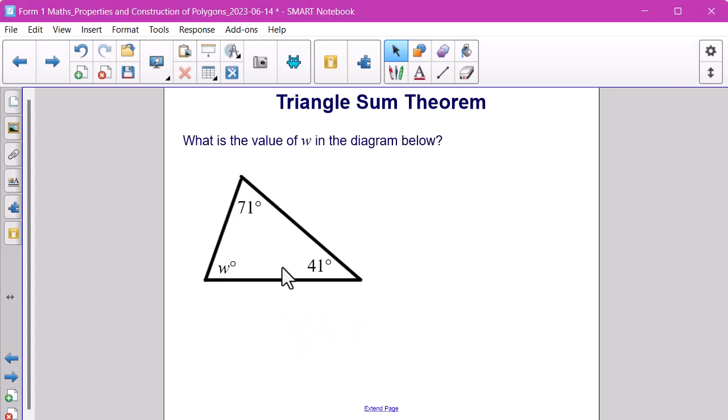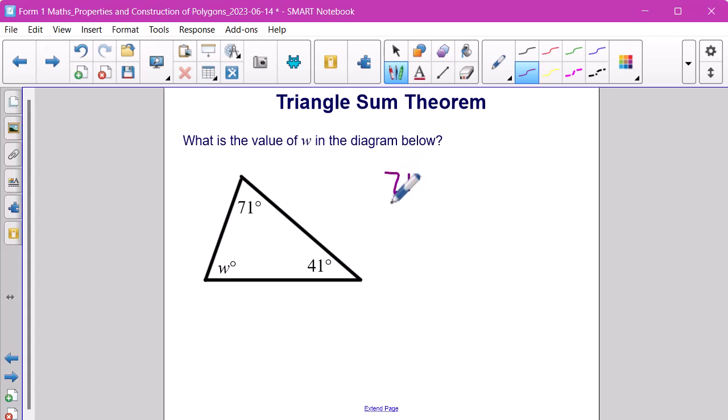What is the value of the variable w in the diagram below? Well, w is one of the angles in this triangle, and we can find its value by adding these two values up and subtracting it from 180, because all the angles in a triangle add up to 180 degrees. So we can take 71 and 41 and add them together, and when we do that we will get 112. And then if we take 180 and subtract 112 from it,